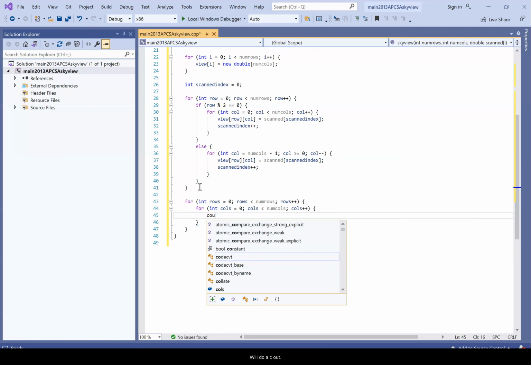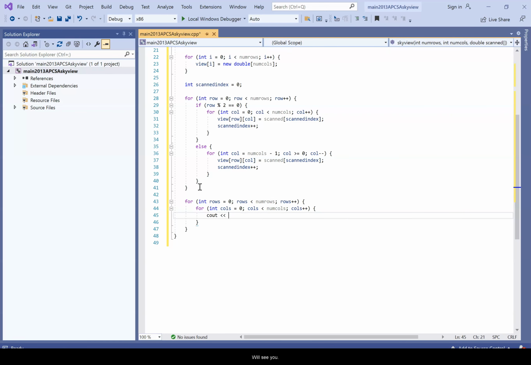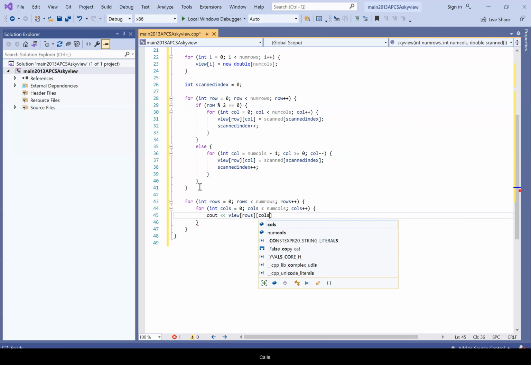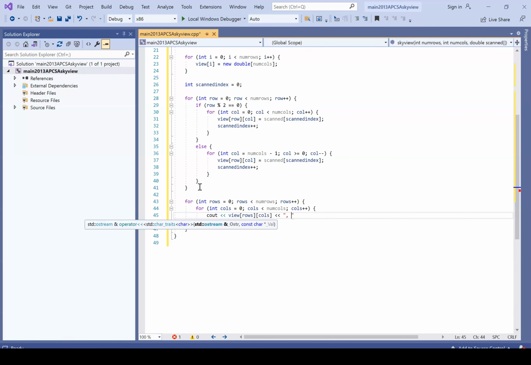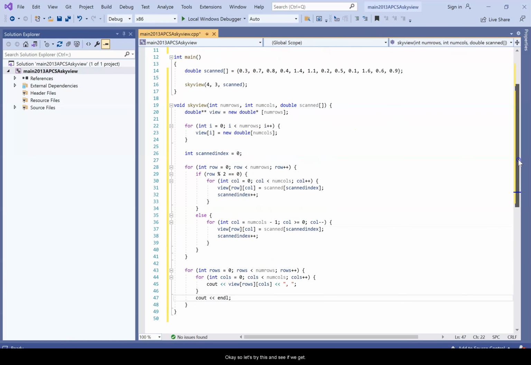We'll do a cout, and we'll say view at rows calls, and then after each column is done, we go to a new row. So we'll do a cout and endl here. Okay, so let's try this and see if we get